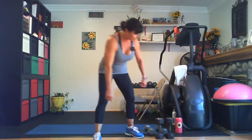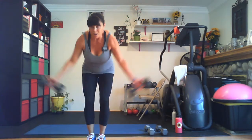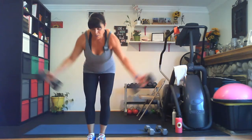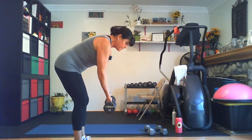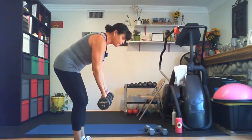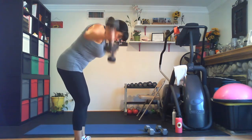Squeeze. This is very friendly on your shoulders, and it helps to sculpt your rear deltoids. Here we go. Side profile, core tight, neutral spine. So here's a profile. It is important to keep your back on what we call a neutral spine in weight training. That is